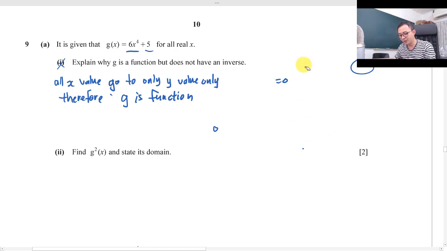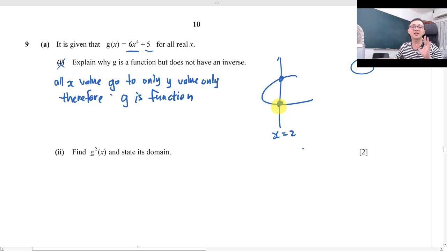However, if you have a graph like this, you can see one x value, let's say x equals to 2, you have two different y values, right? This one is not considered a function because you have more than one y value. Okay, so therefore this is what I'm saying. All the x values will go to only one y value. So therefore g is a function, and